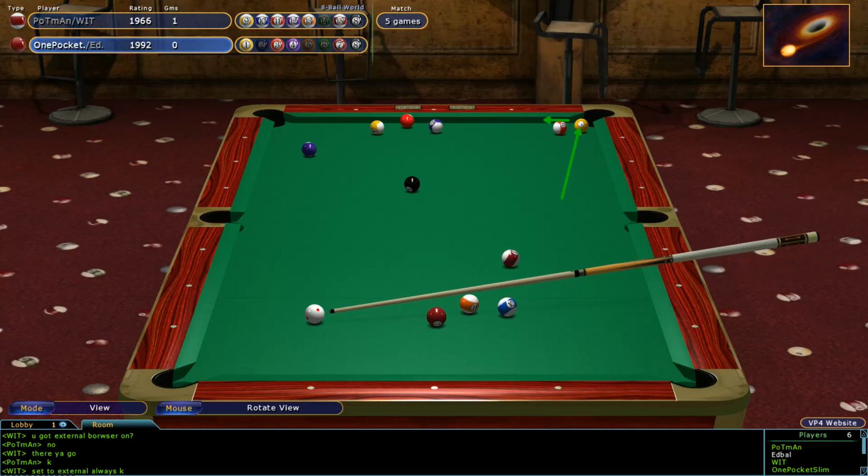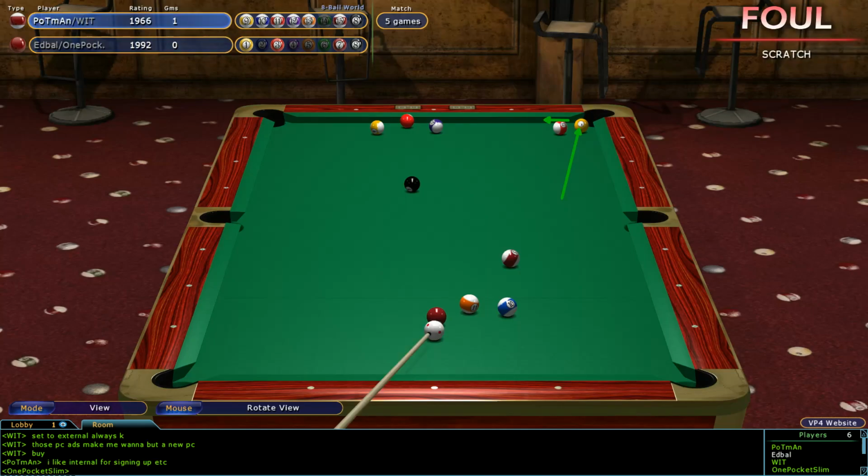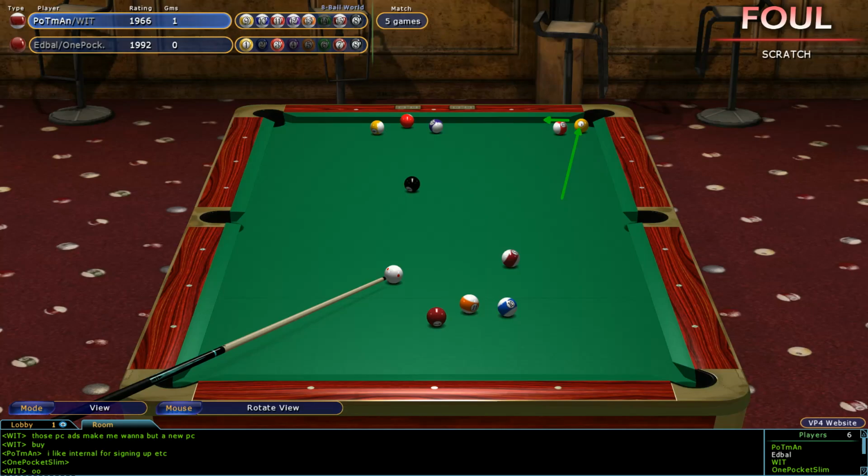Now if you look at where One Pocket Slim is, he looks as if he's going to choose the 4. Now he's going to try and maybe nudge into that 12 ball to the right of the 3. Well, that's what he's tried, and that's unlucky. He had the right idea. A little nudge into that 12 ball to the right of the 3 would have done him perfect. So now Potman and Witt have ball in hand, and well, they're going to have their work cut out